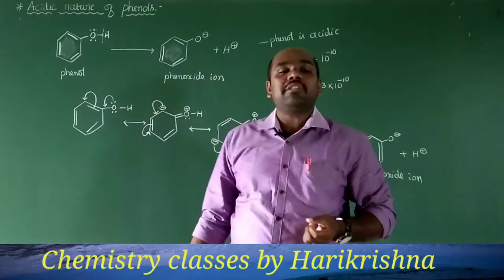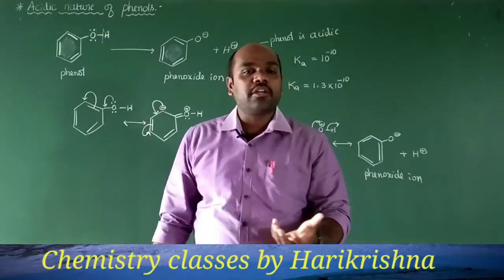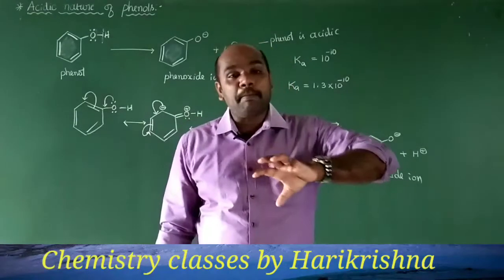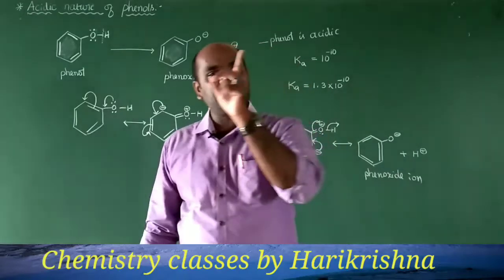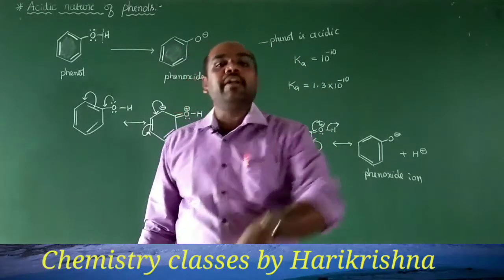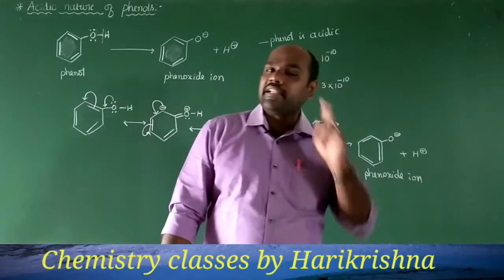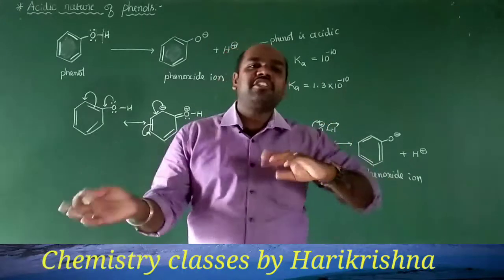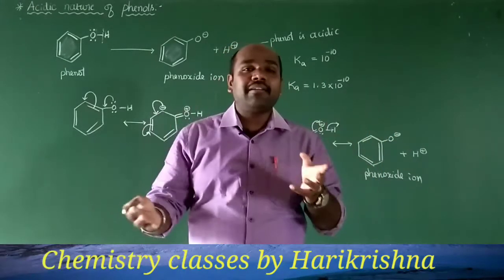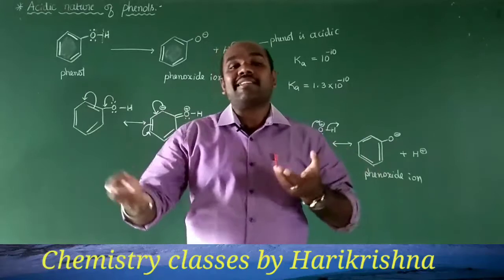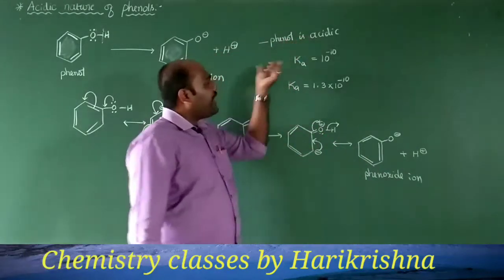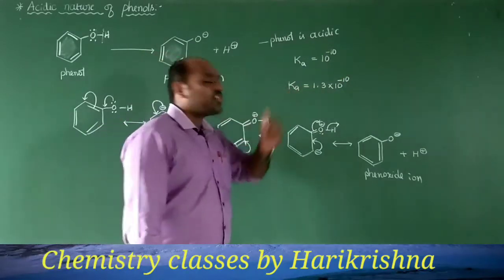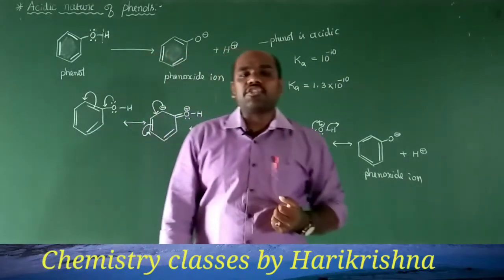Now we shall proceed and discuss the comparative study of acidic strength of phenols with alcohols in case 1 and monocarboxylic acids in case 2, and there we shall understand which factors influence the acidic strength of a material, and see the variation in acidic strength based on their dissociation constant